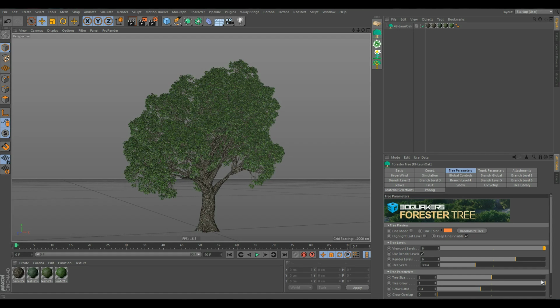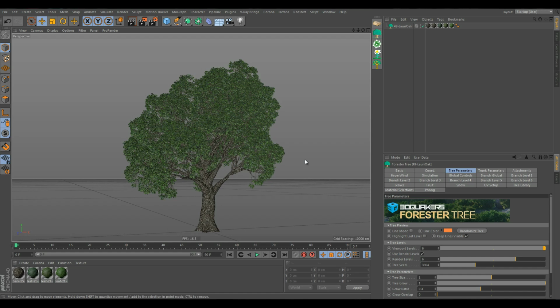Hello, my name is Sharbel Quake, and in this video we're going to take a look at a new tree library for Forester called the Forester Expansion Pack 1 Production Trees. This is a new library consisting of 51 trees for Forester. It's not just a tree library, it's rather a plugin for Forester because it provides extra functionality not previously available in the Forester package. So we're going to take a look at those functionalities and browse through the trees that